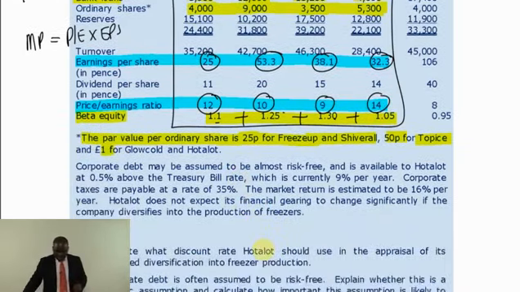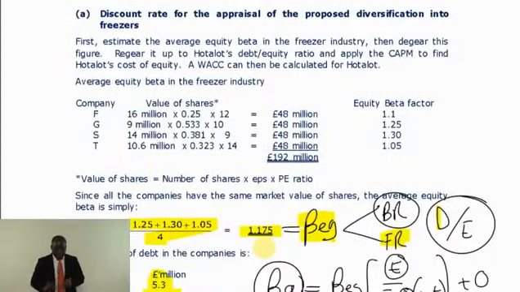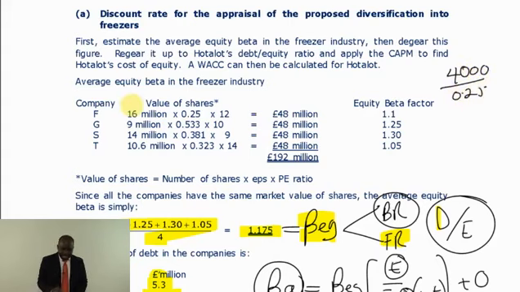So this is what we were doing for you there. So flow with me here. We divided the nominal value by each of them. If you remember, we said for Freeze Up, their nominal value was 4,000, and we had to divide by 25p, and that is what gave us the 16. You multiply by earnings per share and the PE ratio, that gives you the market price, and that total will give you the market value. So that is what they did to calculate the market value of all the equities for the companies.